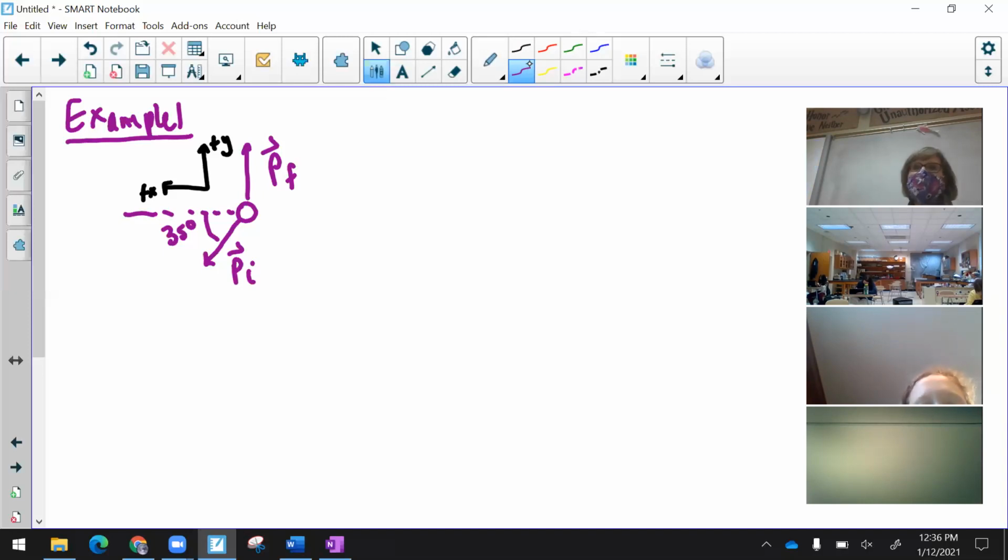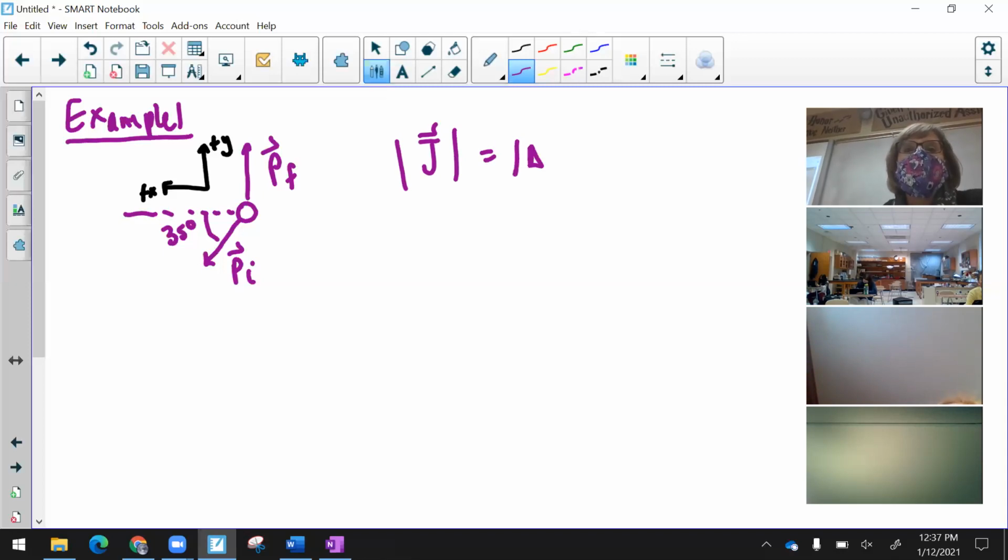Just like forces that act over distances should make you think about work and changes in energy. Anytime it talks about average force, it's probably going to be an impulse-momentum question. And this problem very specifically says, what is the magnitude of the average force? So we know that the magnitude of the impulse is going to be equal to the magnitude of the change